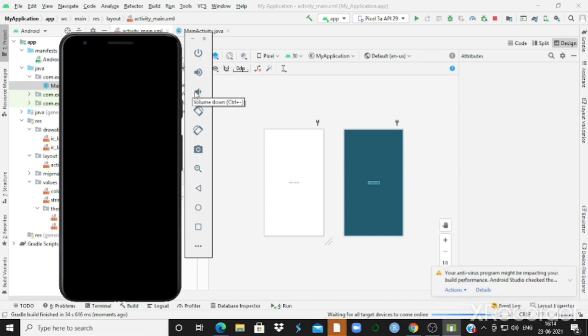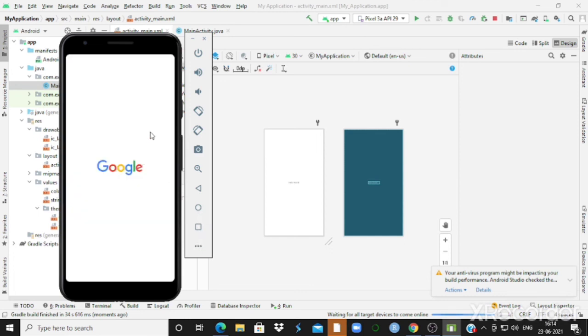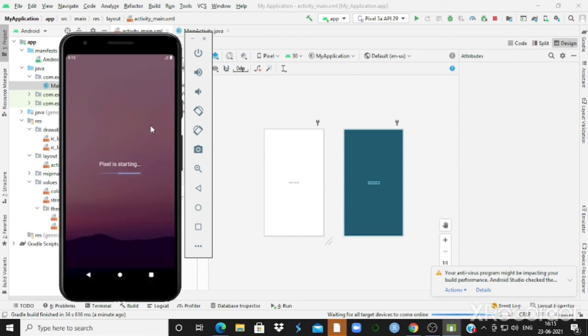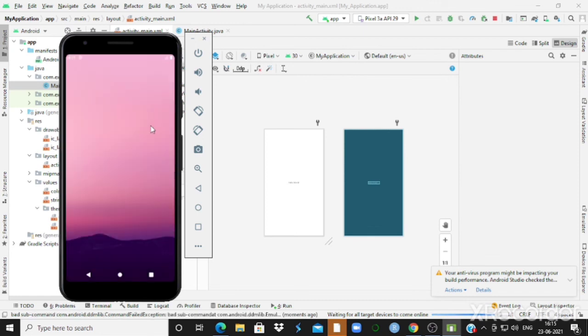There is a power button, volume up, volume down, rotate left, rotate right, take screenshot, zoom, back button, home, overview. Yeah, this is your emulator.